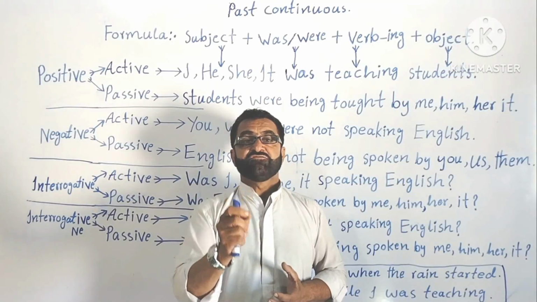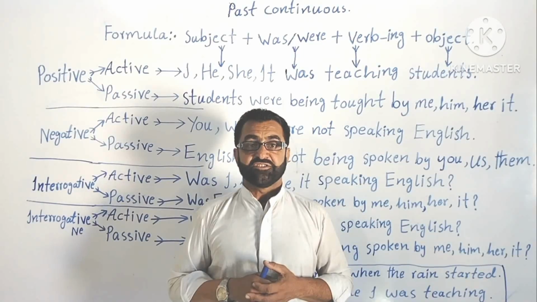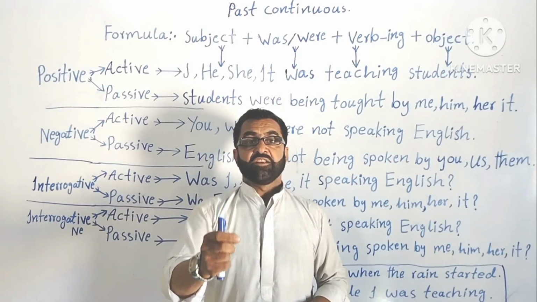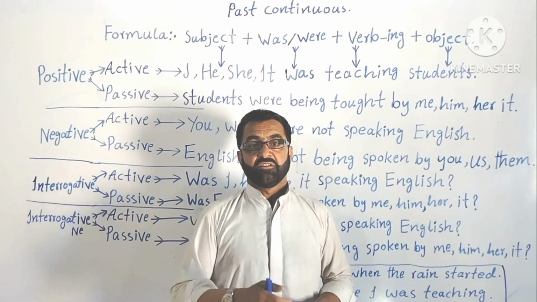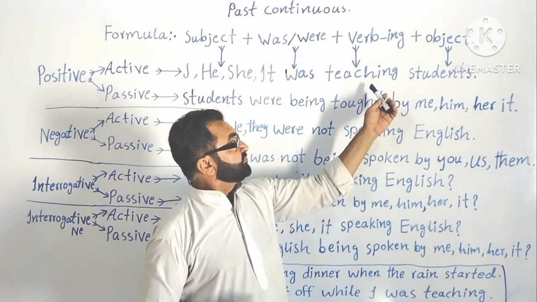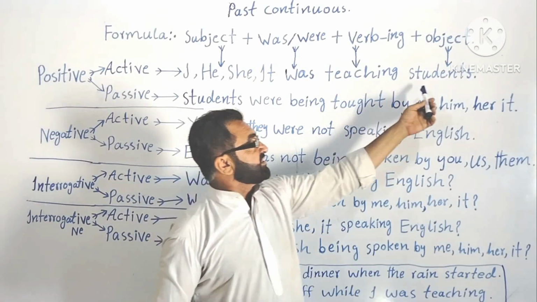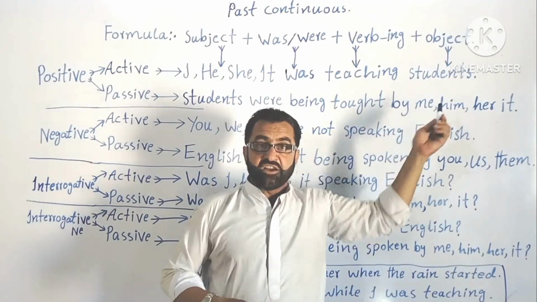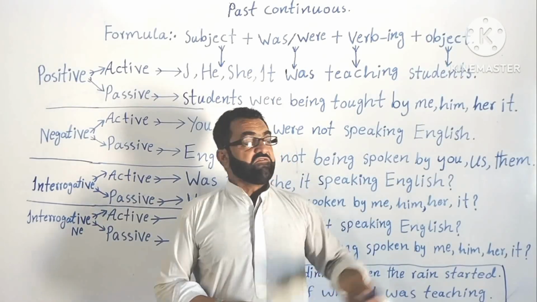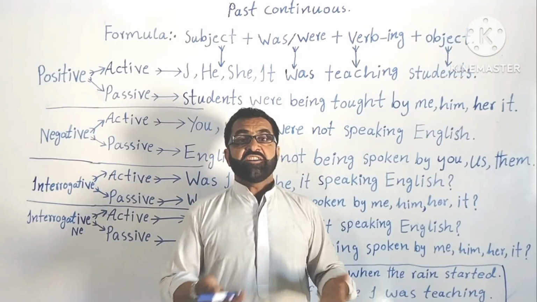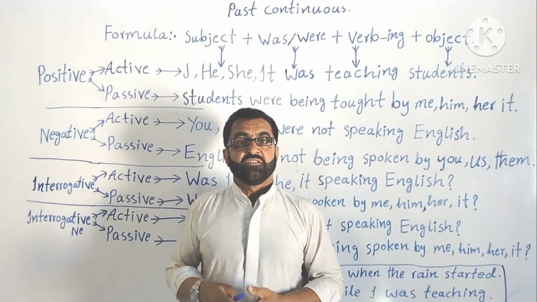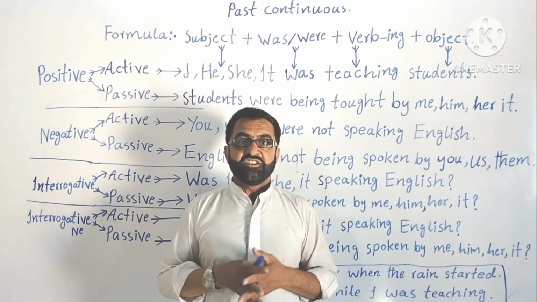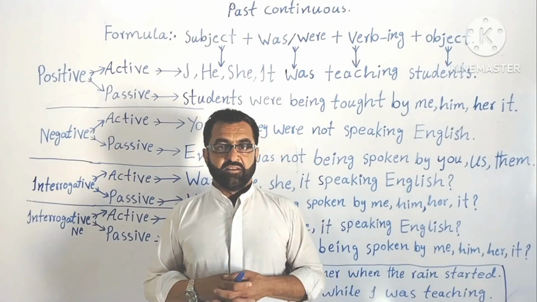Why? Transitive verbs are used in passive voice sentences because transitive verbs can have direct objects. You see, this is a transitive verb, that's why it has taken an object with it, students. So when there is an object, then that object will be the subject of the passive voice. When there is no object, then what can be the subject of the passive voice? Then you cannot make a passive voice sentence without a subject. A subject is needed for any sentence.